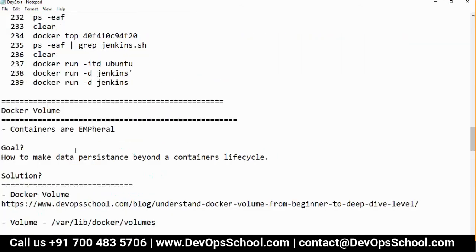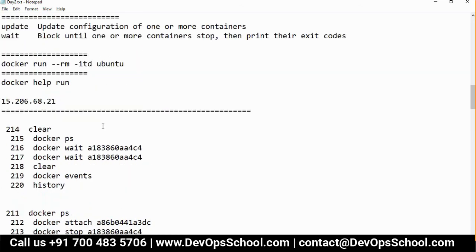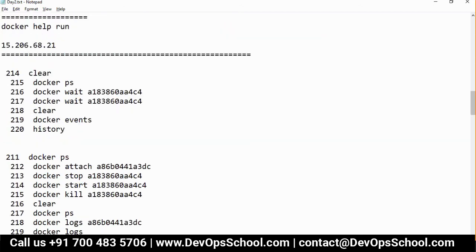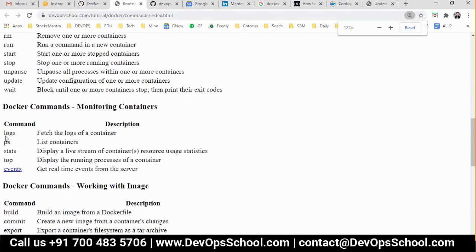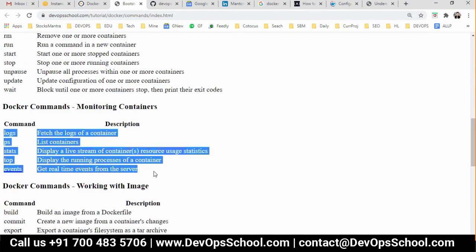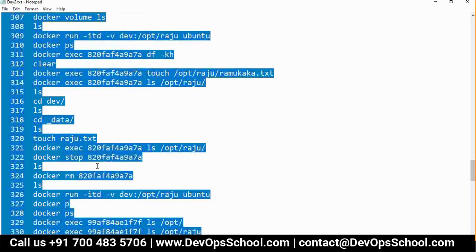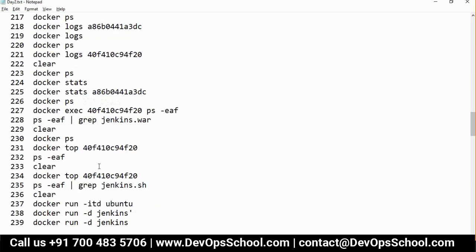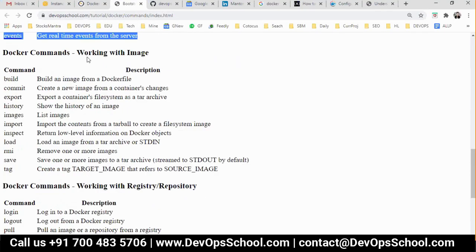Okay. So now you have to do two things as part of the lab. You have to run all the commands related to monitoring the containers, which I have here. All the commands, not only run them, experience them. It's all about experiencing and remembering those behaviors. And finally, you will run all these volume related commands also. For this, I'll give you 30 minutes. And after that, I will talk about working with images.